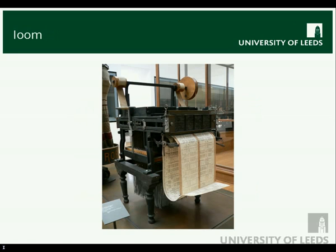When humans got a little bit better at building machines, we got things like this. Now this, it might not be immediately obvious what it is, but it's a loom. It's a loom for making patterned cloth. And if you look at those little rolls in the front, you can see holes in them. If you remember those ones and noughts, well, a hole in there is a 1, and the absence of a hole is a nought. That's a Jacquard loom, and it was invented for making cloth with patterns that could be